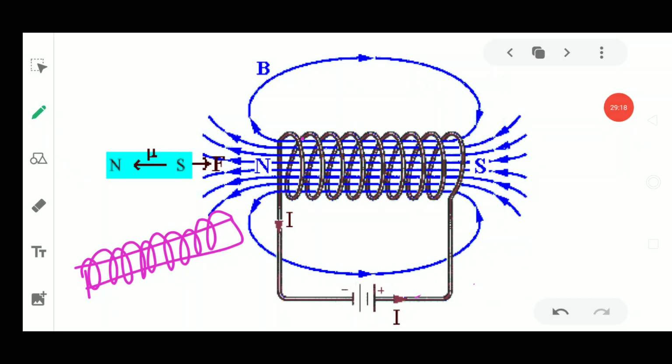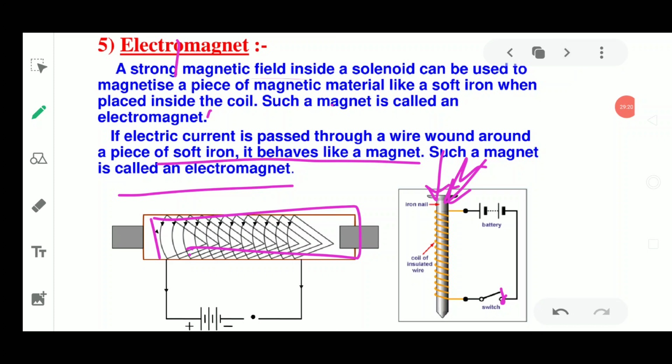Okay, so this has a very practical application. I told you that it is used in lifting heavy objects made of iron, such as in the car industries, or once a ship has sunk inside the sea, it is also helpful in taking out those parts of the ship using electromagnets. Till the time electricity is flowing inside this iron core, it is going to behave as an electromagnet.